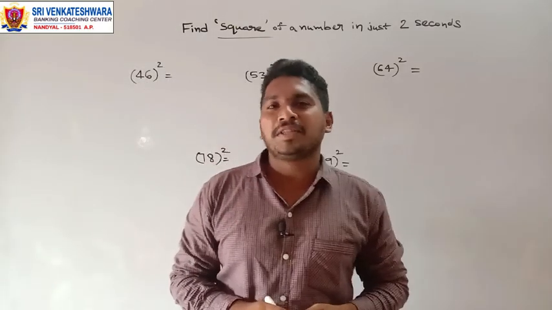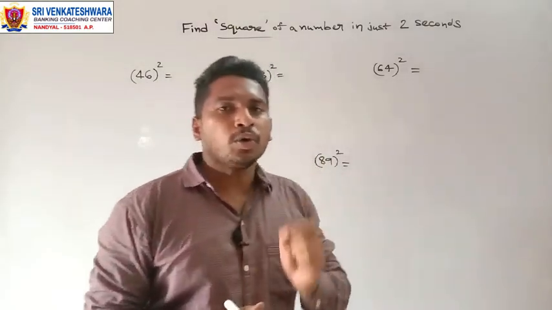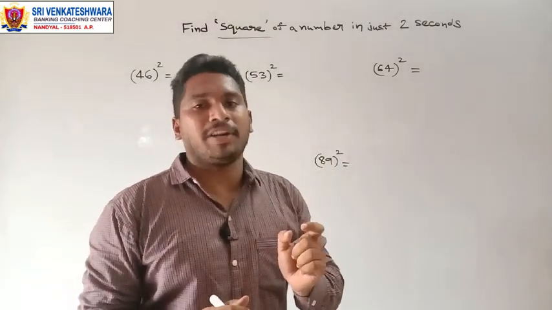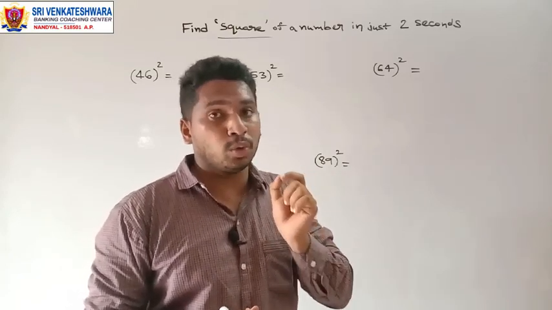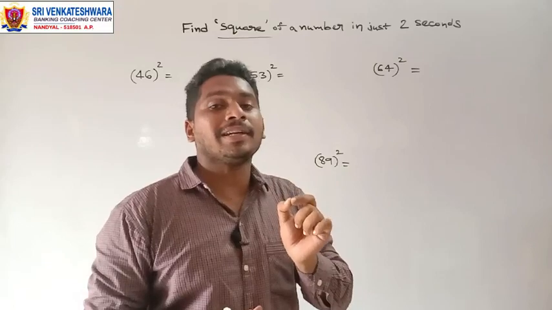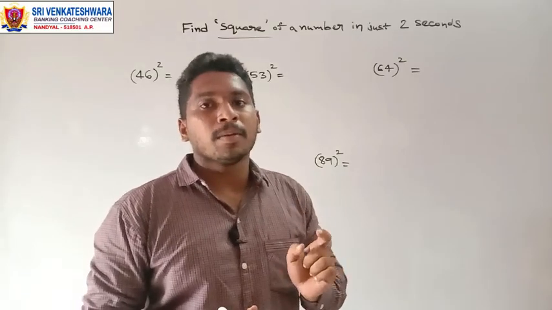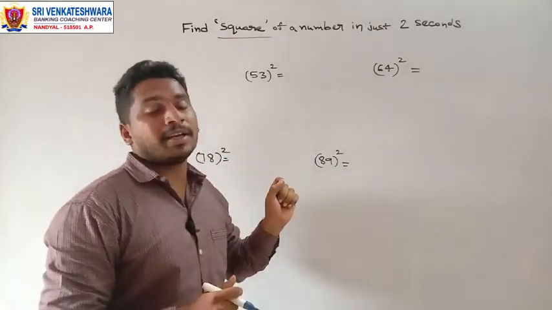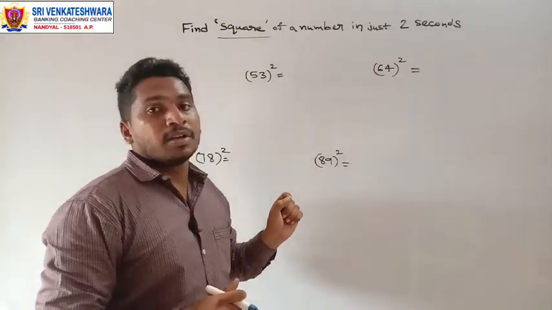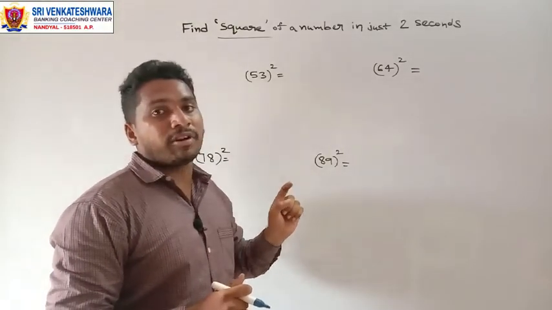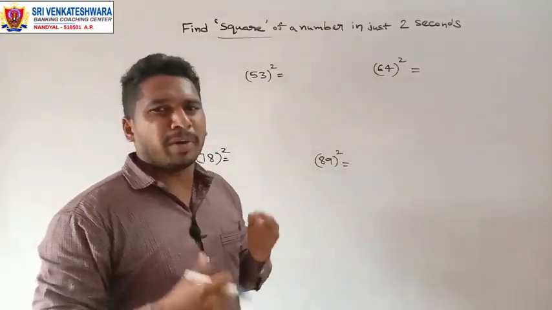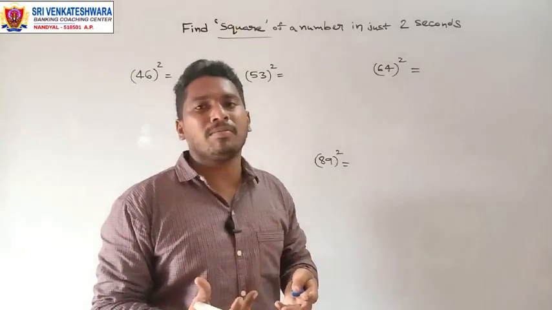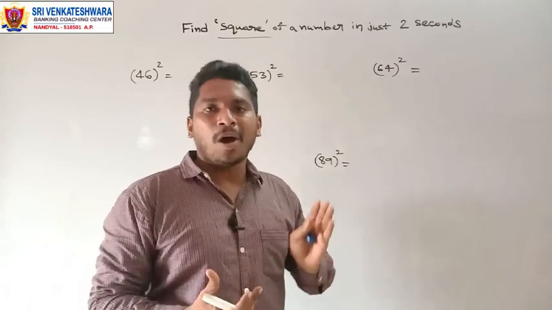Hello viewers, in this session we will discuss how to find the square of a number within 2 seconds. Just in 2 seconds, how to calculate the square of a number. But provided this particular method is applicable for numbers ranging from 1 to 100. Anyhow, you might be knowing the squares of numbers from 1 to 20 or 1 to